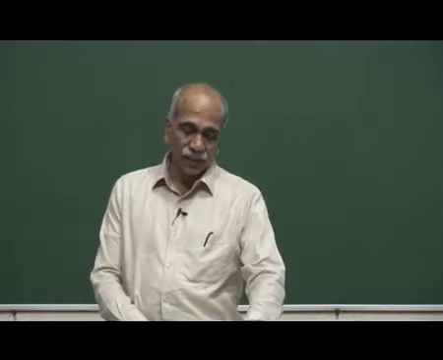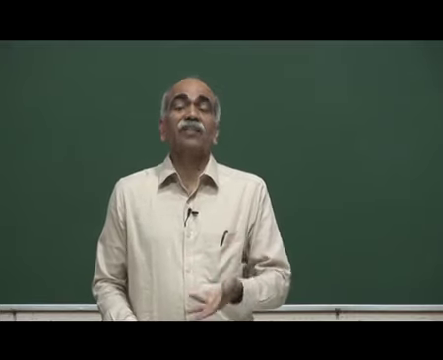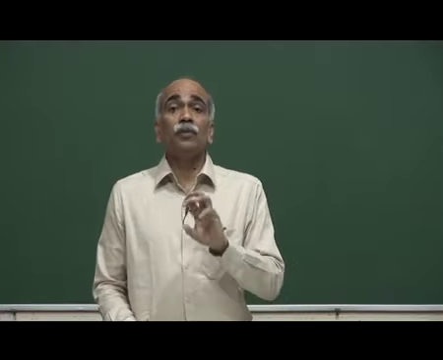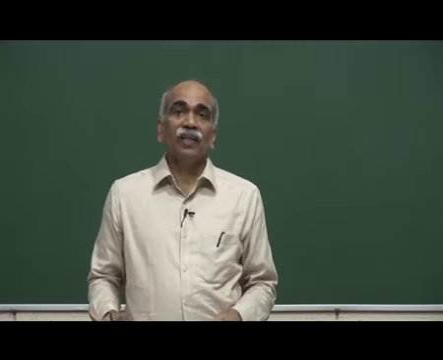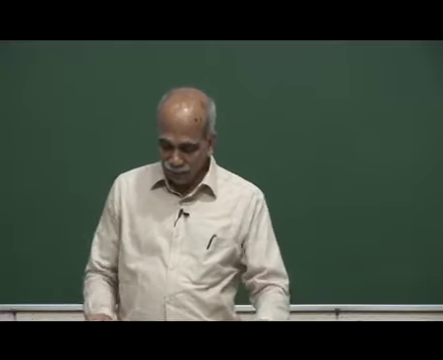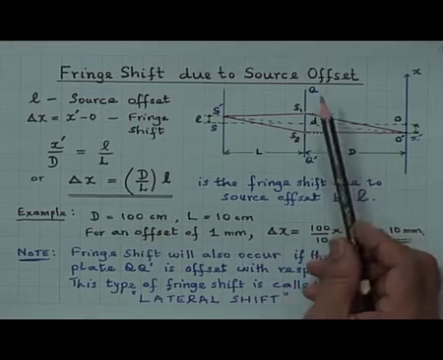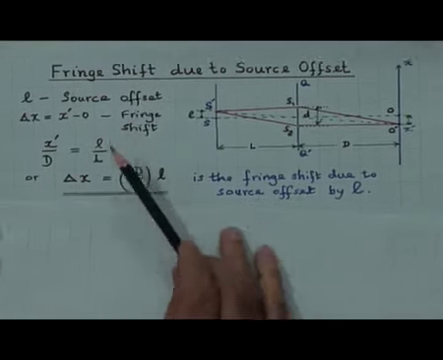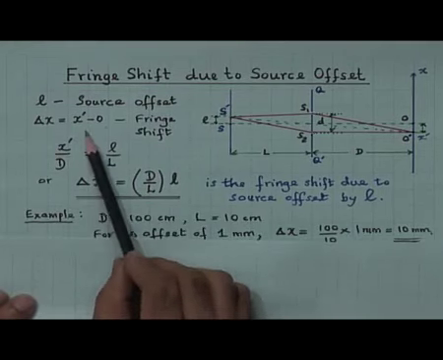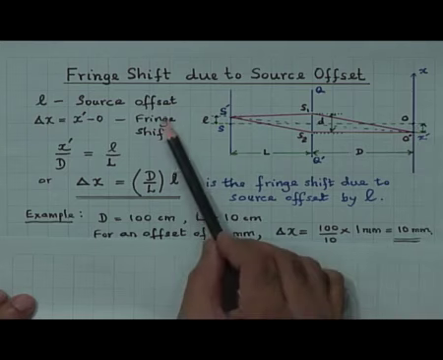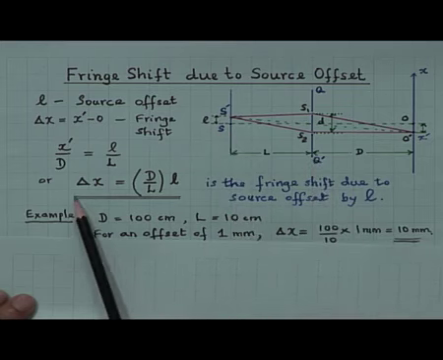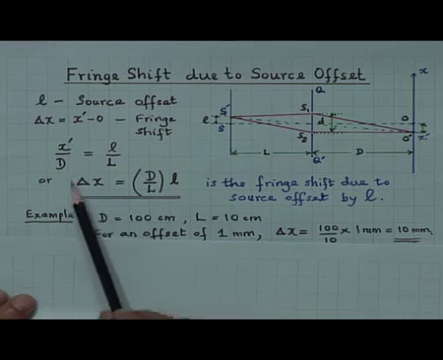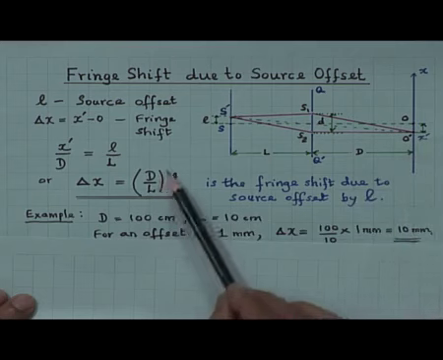Now let us see the fringe shift in terms of the geometry, that is, the offset. Earlier we have seen the fringe shift in terms of the phase shift, delta phi by 2 pi into beta. Now we get an expression for the fringe shift in terms of the offset. So, here is the fringe shift due to the source offset. We have l as the source offset here, and delta x is equal to x dash minus 0, 0 being the original position, which is the fringe shift. We have just shown that x dash by D is equal to l by L, and therefore the fringe shift delta x is equal to